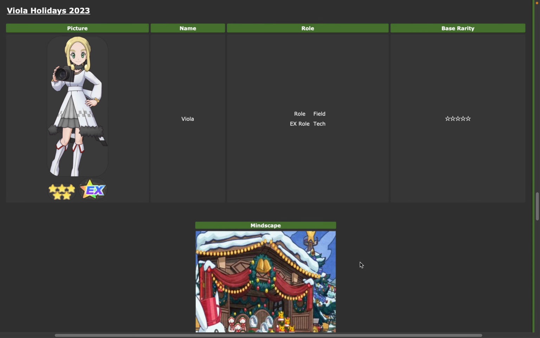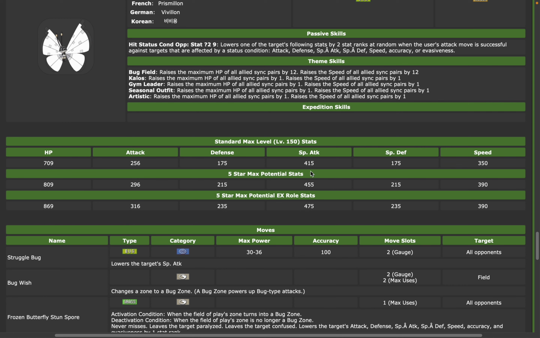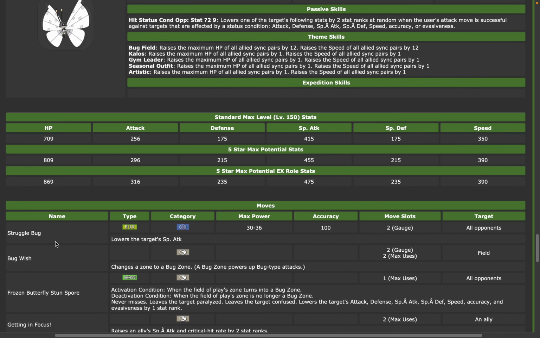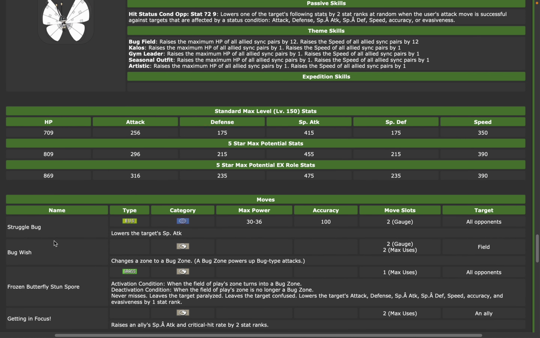Next unit is, I think, Winter 2023 Viola. Very interesting. She's field. Okay, so field, again, I don't really like field units. I think field units are kind of garbage. And her EX role is tech, which isn't really that interesting, to be honest. That being said, though, she has Bug Wish. Bug Wish is super good because we don't actually have that many good bug types in this game. And Bug Wish is already...